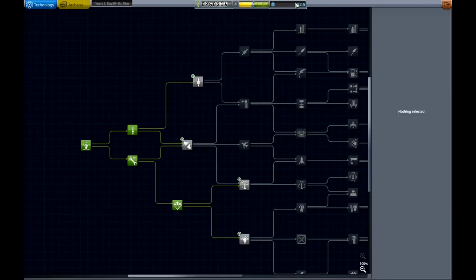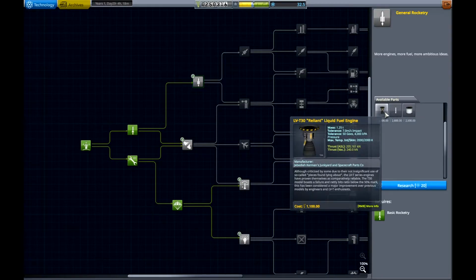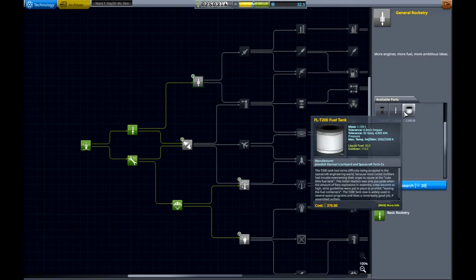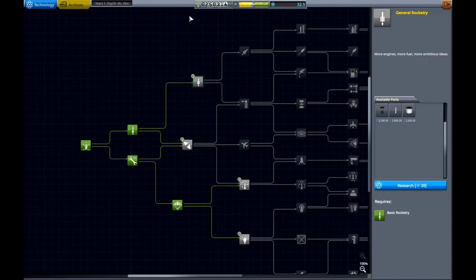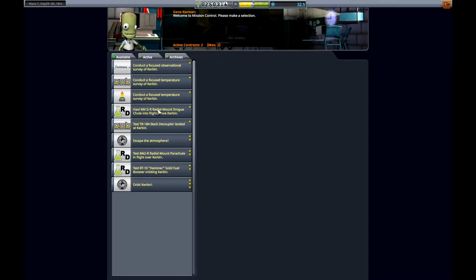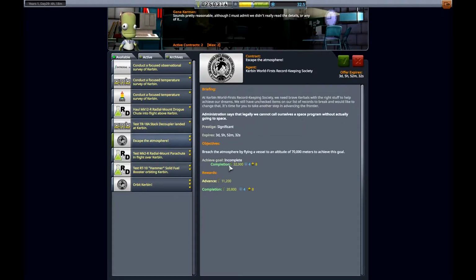We do have 32.5 science points that we can use. I don't know if we need to really do anything yet. I think once we complete at least one of these missions, there's one I want to go for, and then we'll probably want to spend some points. Escape the atmosphere is a good one we can shoot for. All we got to do is hit 70,000 meters. And we'll probably need some bigger rockets to get to that point,